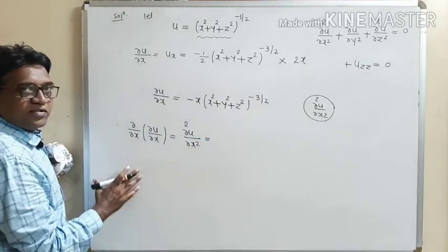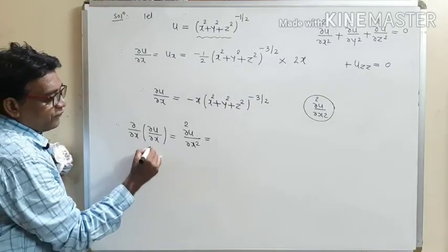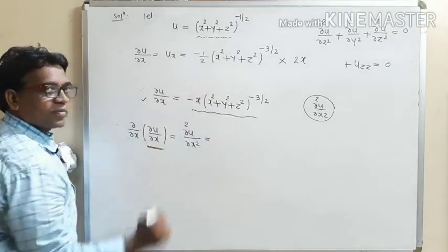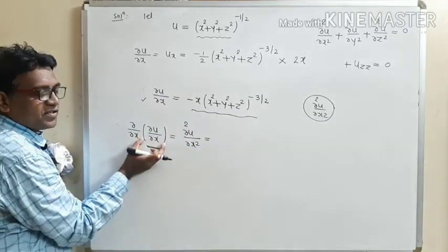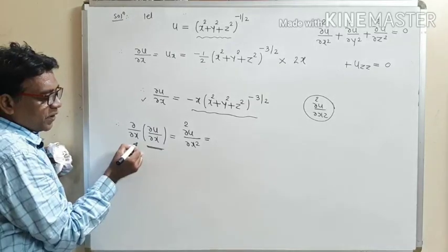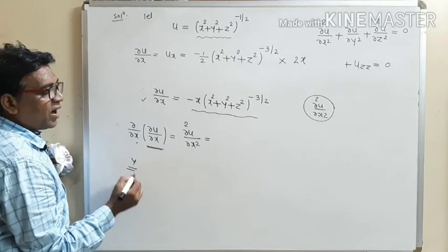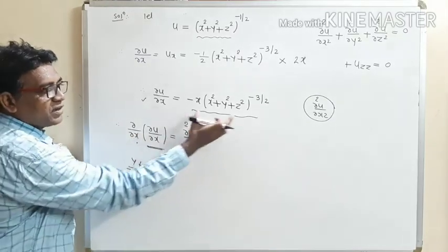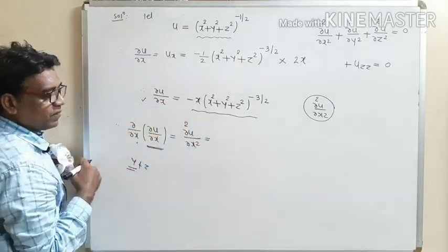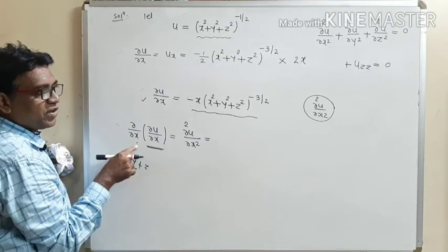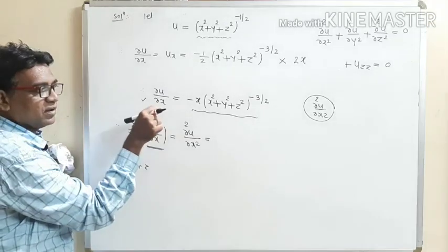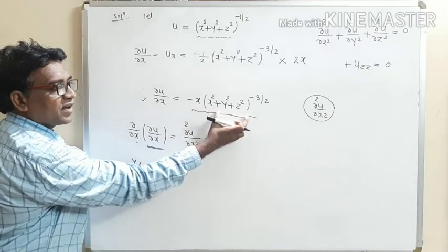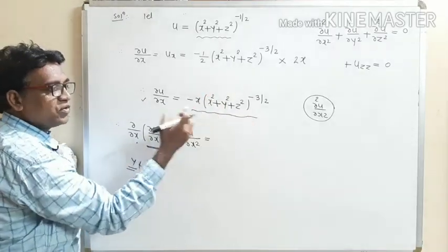So see how to find this derivative. Differentiating this term ∂u/∂x, this is our required term. Differentiating this term partially with respect to x by keeping y and z as constant variables. So find the derivative of this term partially with respect to x, we have to find the derivative of x only. So use the product formula here, because this is a function of x and the second term is again a function of x, so we have to use the product formula.